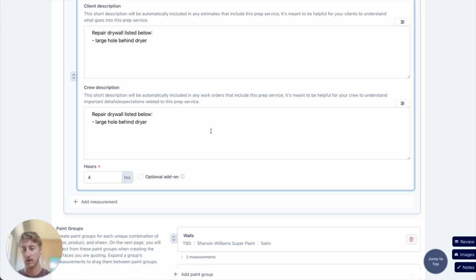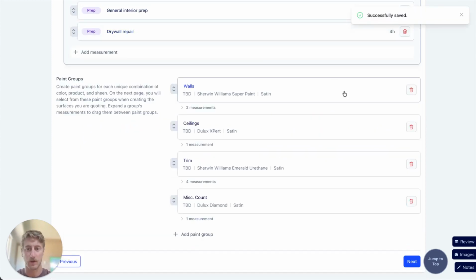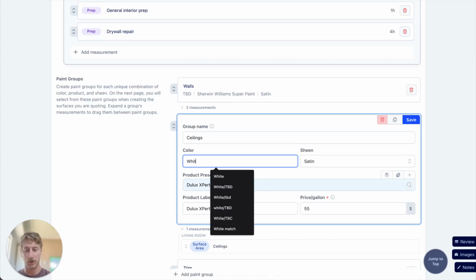This section is just if you want to have a different display, you want to write different words to your crew versus the client. So with that all said and done, I can go over here and see all the different paints. If I want to change a color, I can put that in there